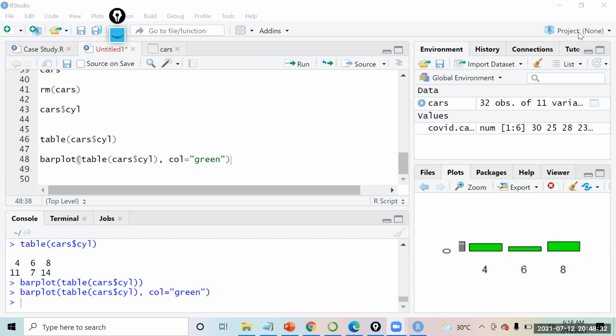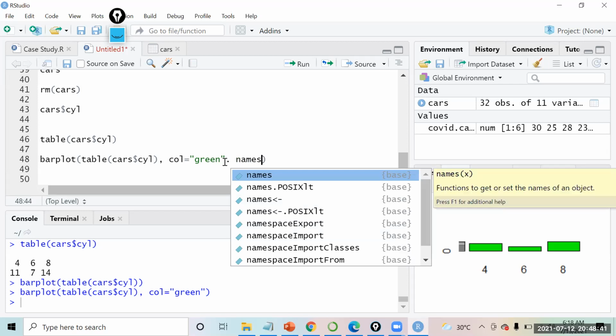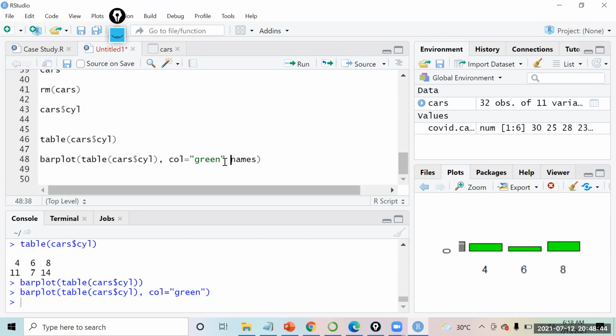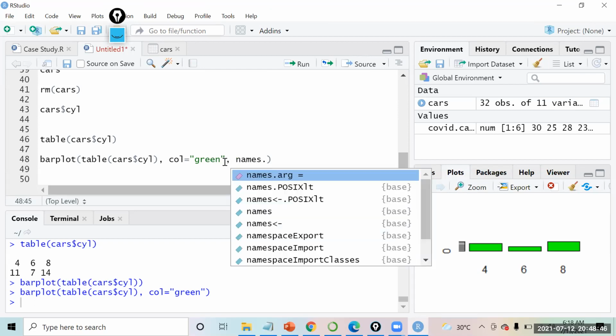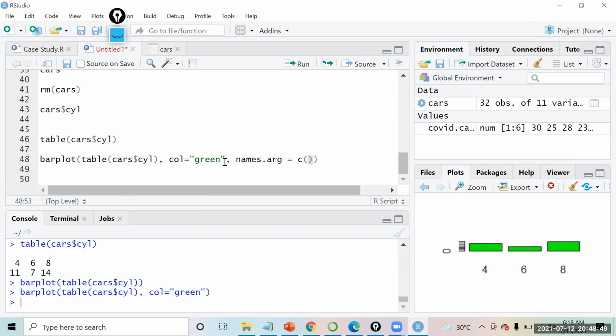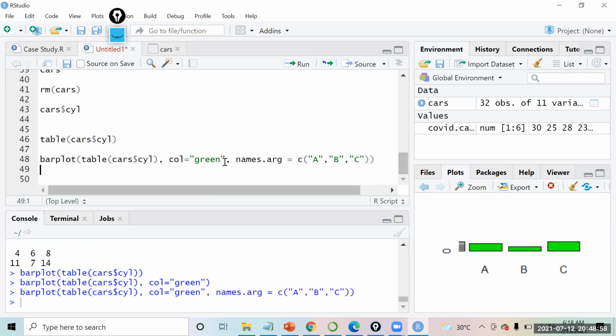Or maybe if you try to use this over here, I just have to try it out. So this names.arg argument, if you give A, B, and C, that way you will be able to change it. But you will have to force it, overriding. The data itself got overridden with this. So it will override the previous one. So either we make that change in the data set itself.